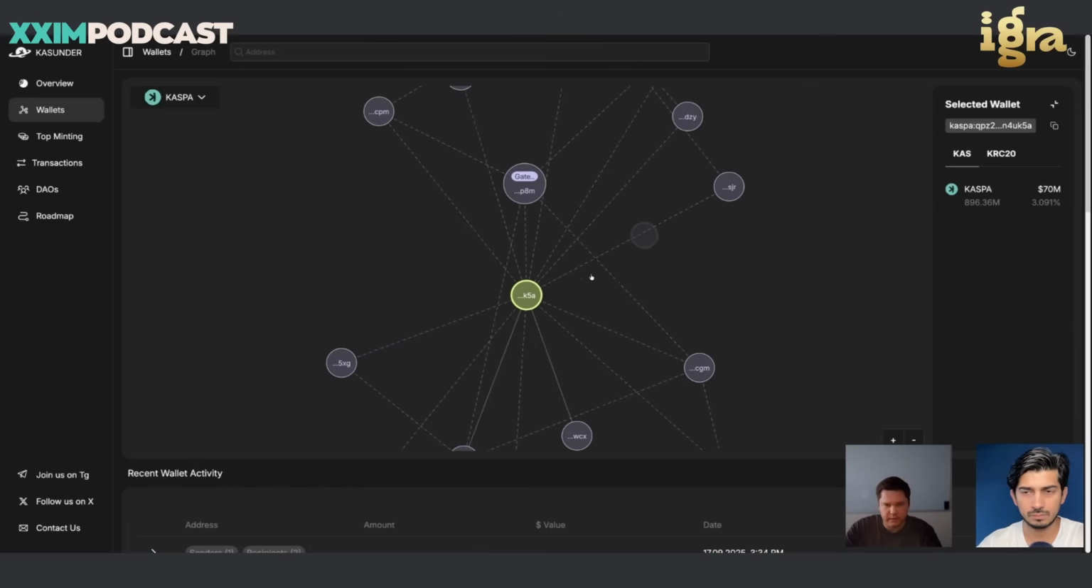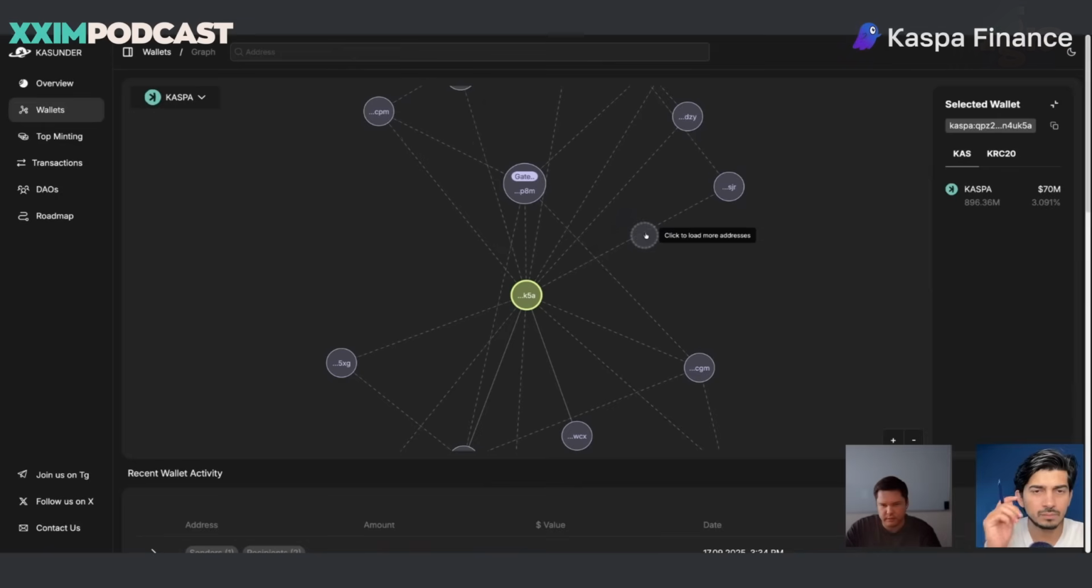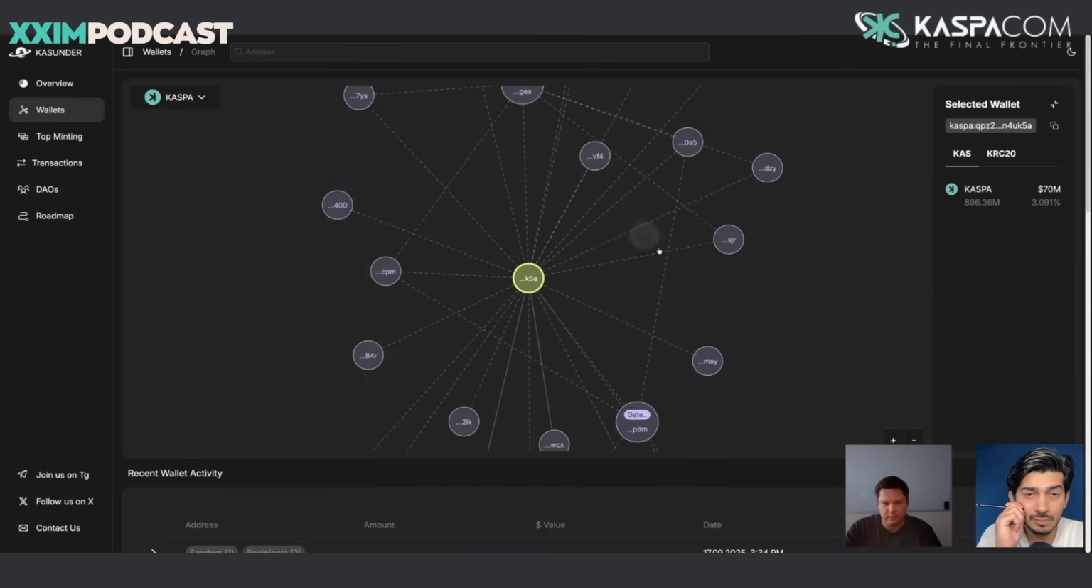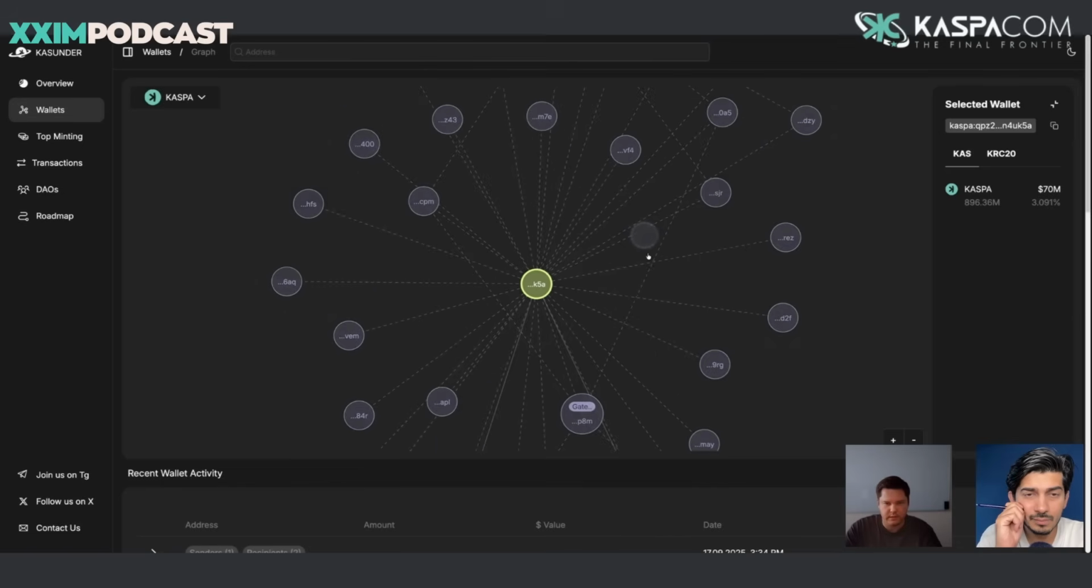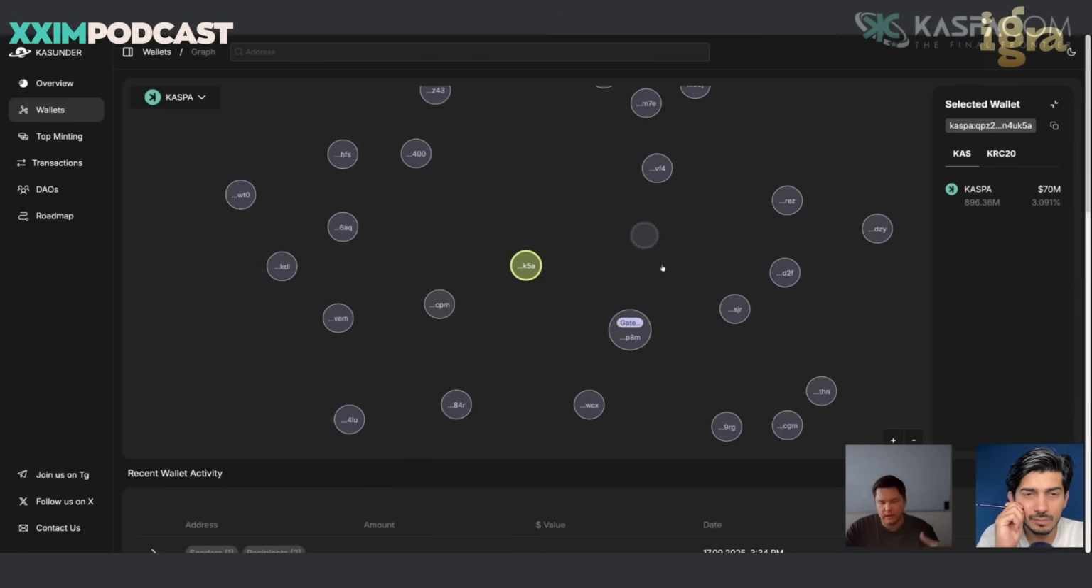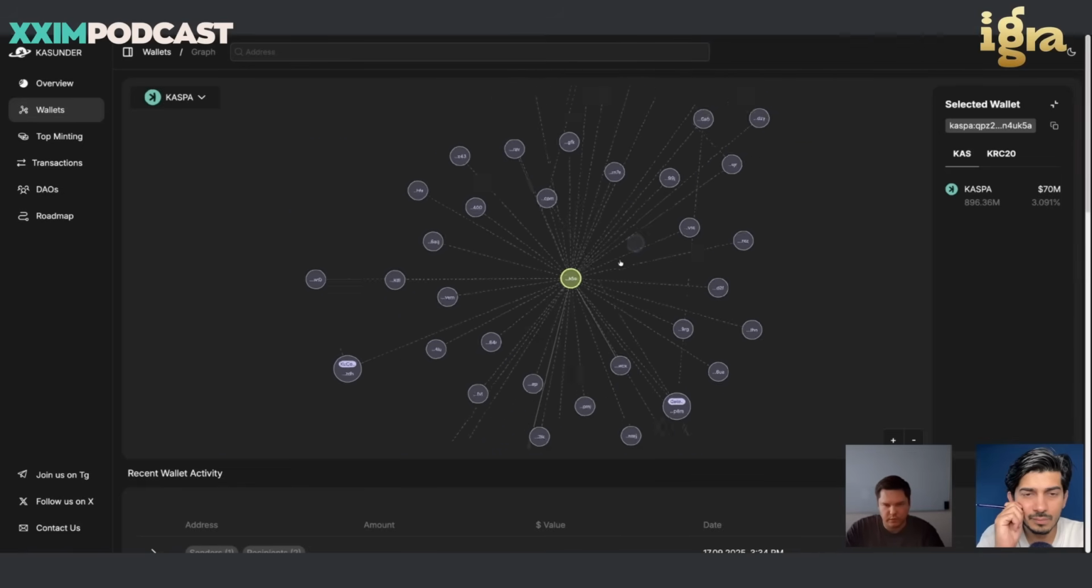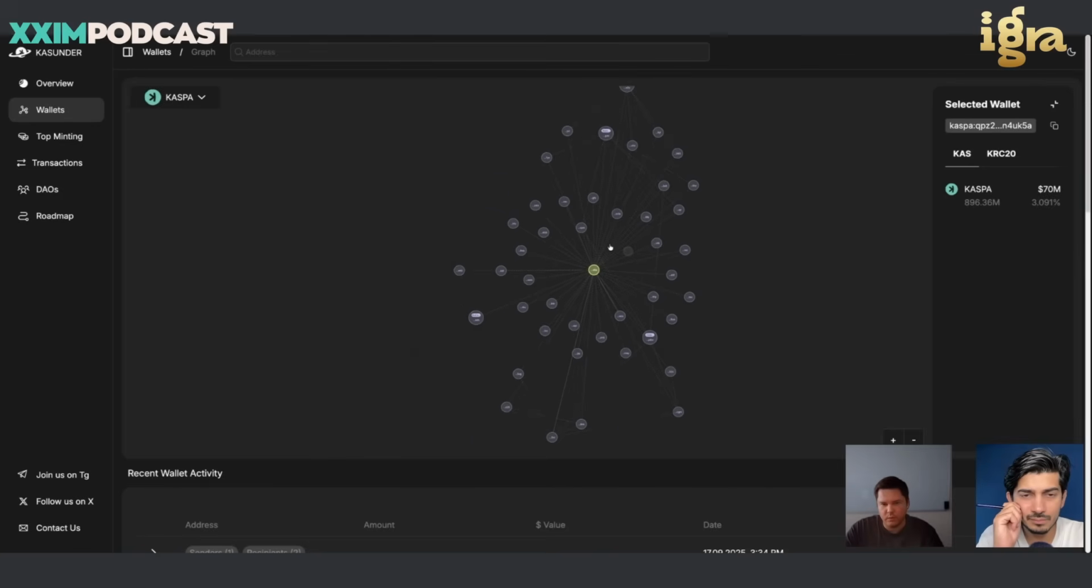So for example, here, there is a special button like this blue knot, pulsing a bit. And it says click to load more addresses. So when you click it, it will load more addresses, and then you can click more and more, and it will load more. So the way we load the addresses, they are sorted by the amount of Kaspa they transferred to each other. So for example, if I reload the page,